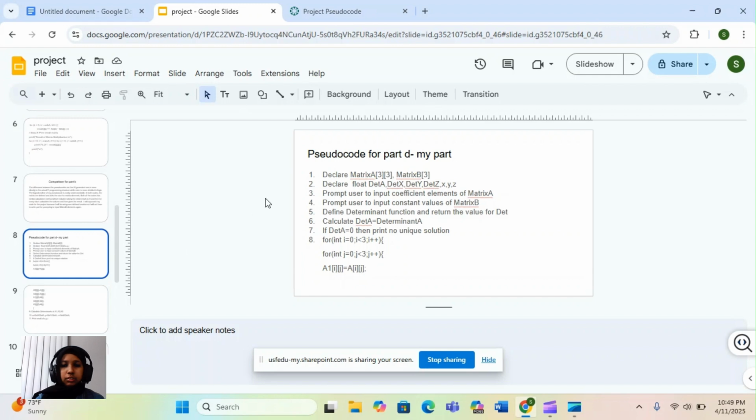If you go to my pseudocode here, we are trying to declare the matrix first, right? And then the float type, like if it's integer or float. So we are going to work with float since there might be a chance to have decimal numbers. And then we also need to define the xyz variables as well. Then we will ask the user to input the coefficient elements of matrix A, the coefficients for x, y, z, and then we are going to ask them to input the constants, the values for matrix